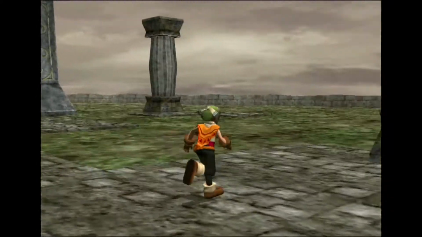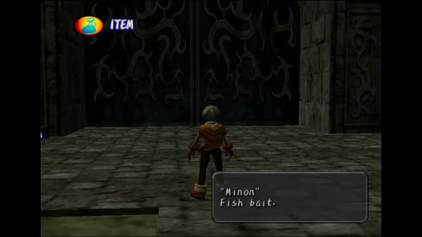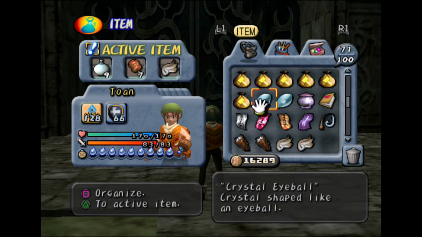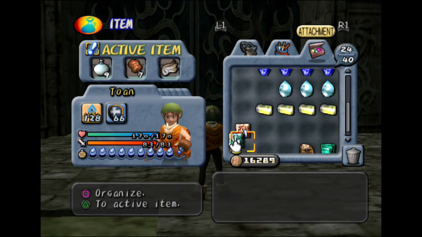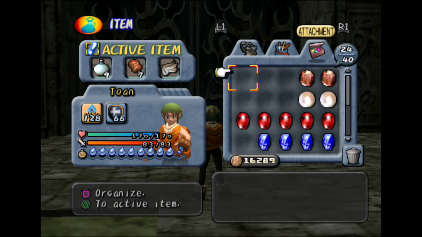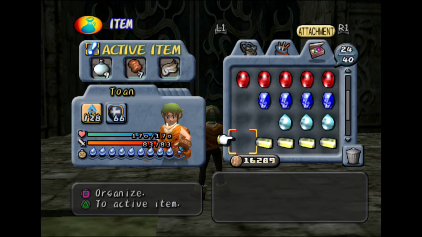That's the end of this video. So, thanks for watching, and obviously the next time I play, going further into the dungeon, I'll use one of these crystal eyeballs to access the back room at that time. I've got to restock on these as well, since I'm pretty much almost completely out of fishing points. I'll have to grind for the fishing points to get these. But, other than that,